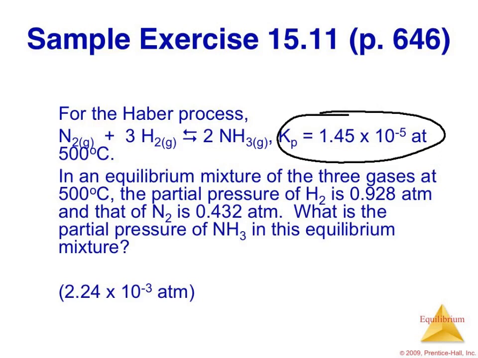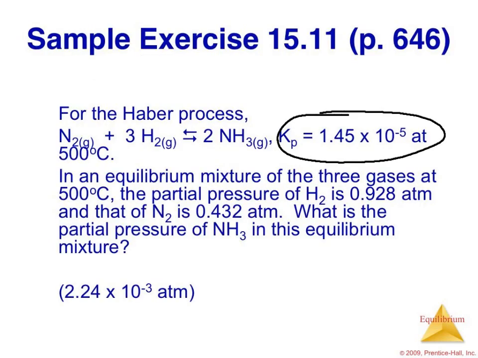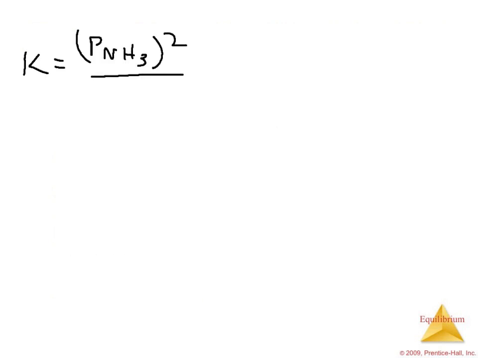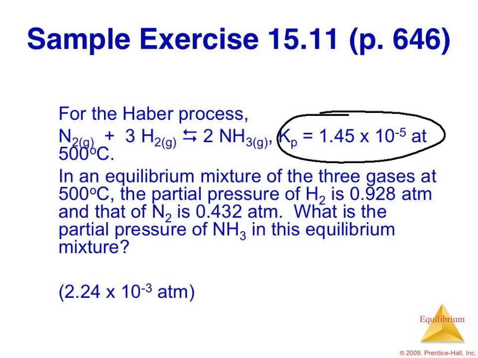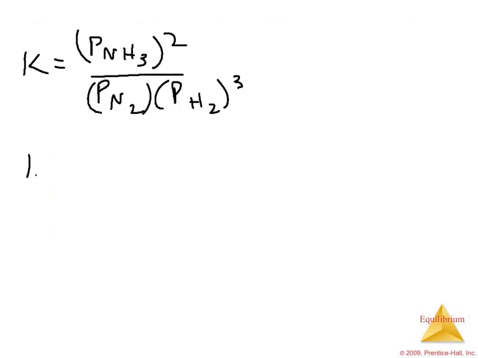Alright, so our K expression for this one is going to be the pressure of the NH3 squared divided by the pressure of our N2 times the pressure of our H2 cubed. Okay, so that's our basic expression there. What we have this time, we already have our K value, so we can plug that into the equation. 1.45 times 10 to the negative fifth